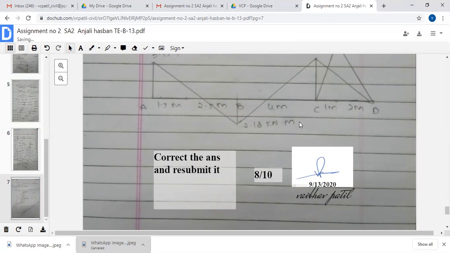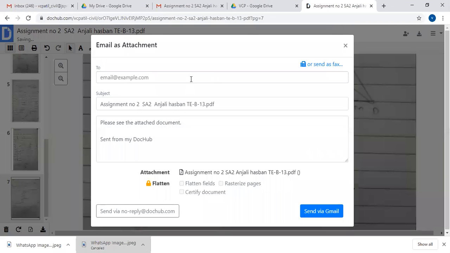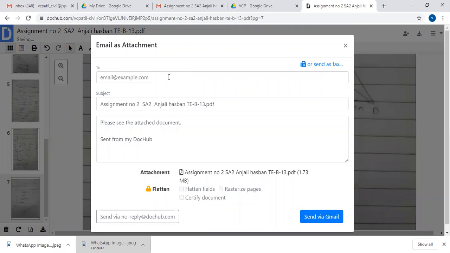PDF. Now I want to share this PDF, means send this PDF to the respective student. So share this attachment, email attachment there. Okay, so go to the email attachment, put the student email ID here, and send it via no reply at dochub.com.